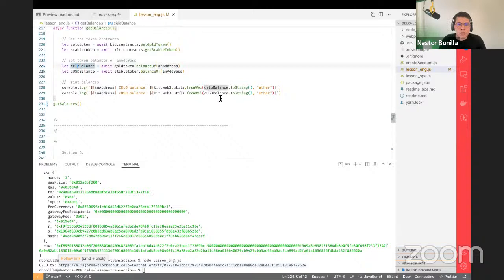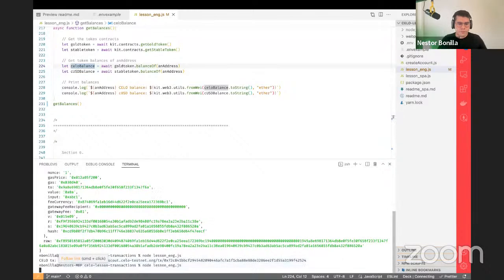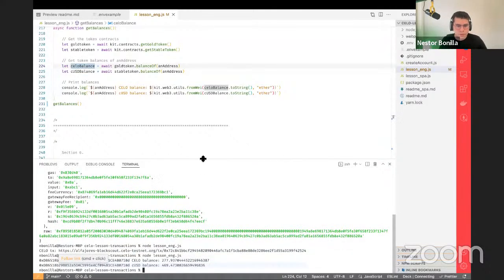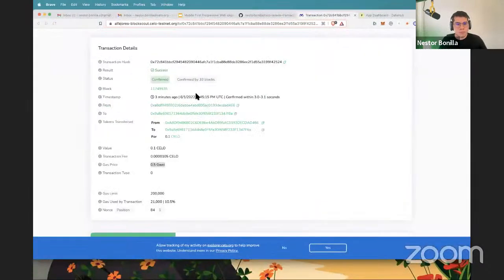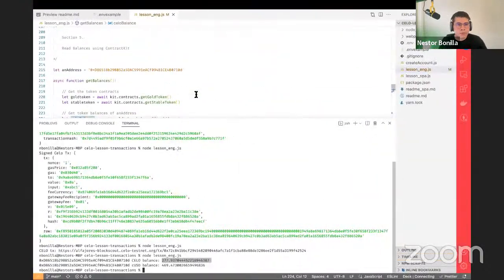And then what we're gonna do is just print the balance of both the Celo and Celo USD. So for this account, we have 277 Celos and 469 Celo dollars. And for sure, if you don't believe me, we can prove that.